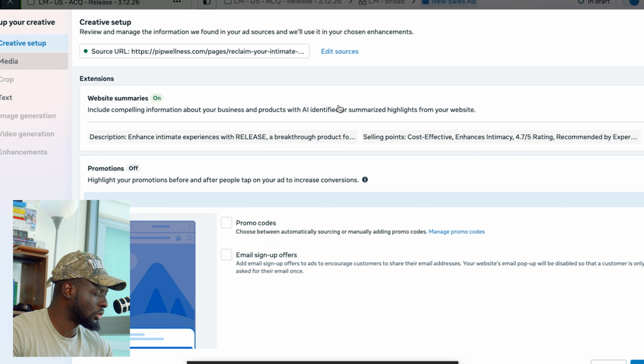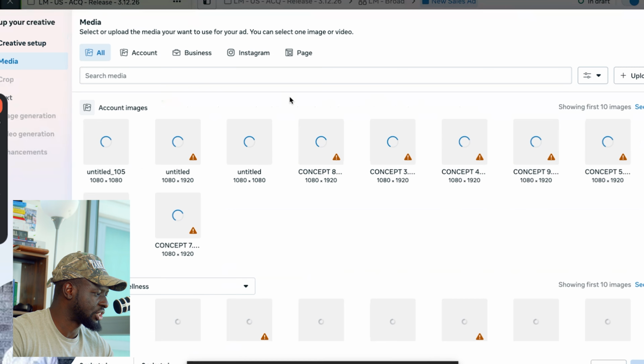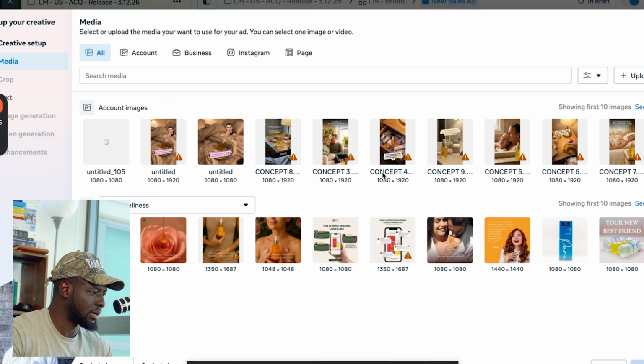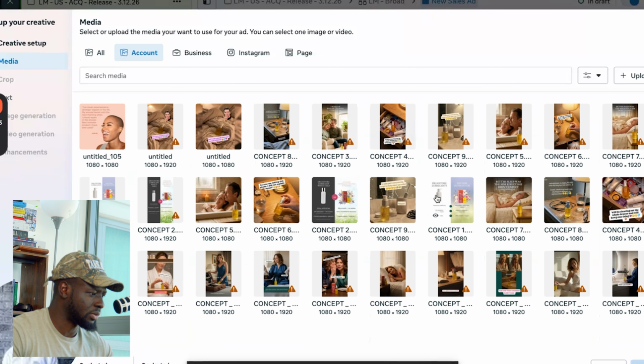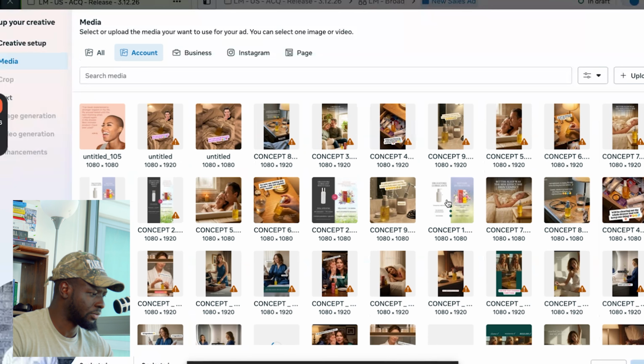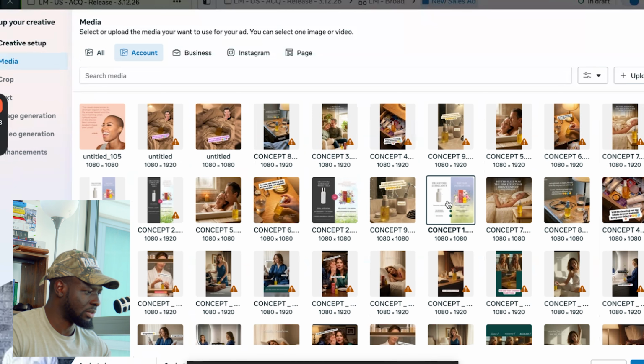Go to media over here. So we go to the media section and then we're gonna select one of those concepts. So this is that first one that we saw. So we're gonna take this. This is a 1x1, 1080 by 1080 format or size. I believe it was this one, right? So we're gonna take that. And then we're gonna go to next,